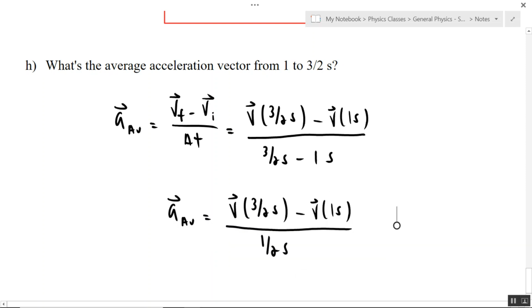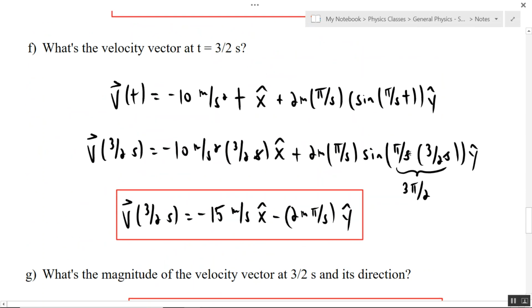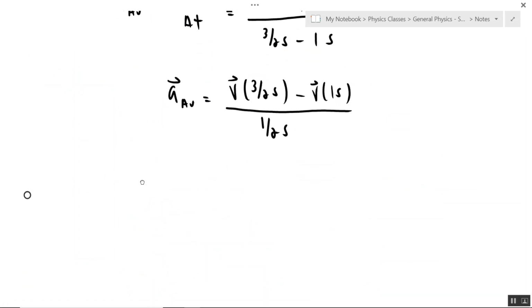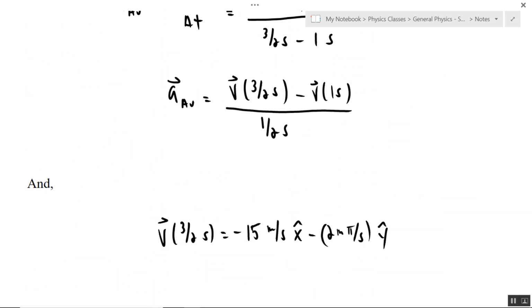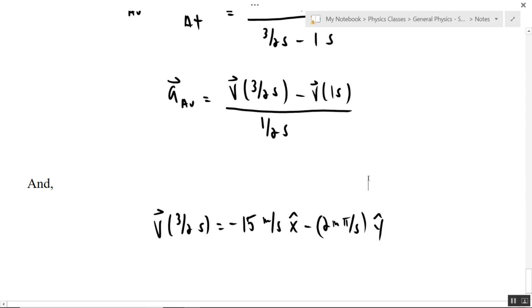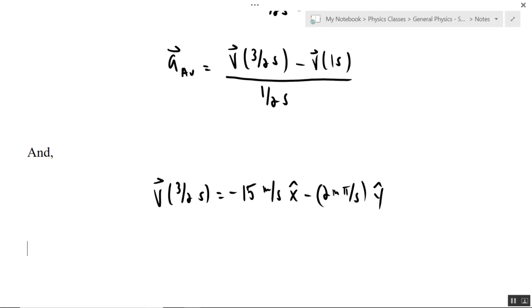Okay, so we know what v of 3/2 of a second is. We just found it here, part F. So this part is done, right? I mean, we don't have to do this step, is what I'm trying to say. But we need to find the velocity at 1 second, because we haven't done that yet. We found the velocity at 3/2 of a second. We didn't find it at 1 second. So we need to determine